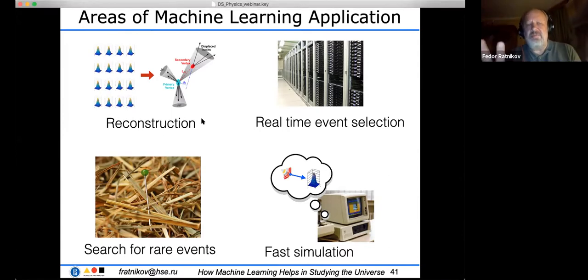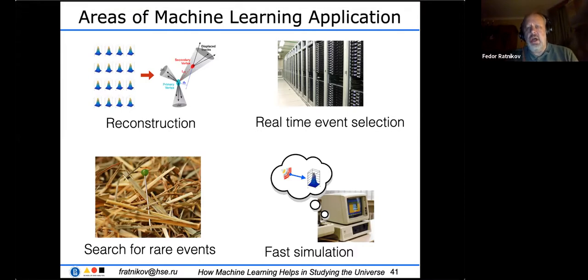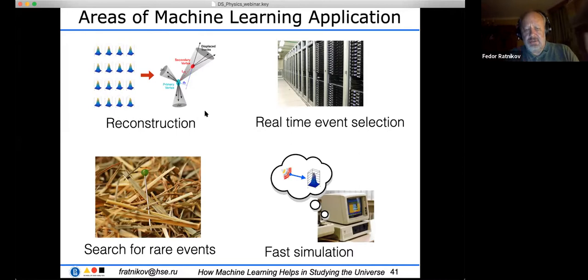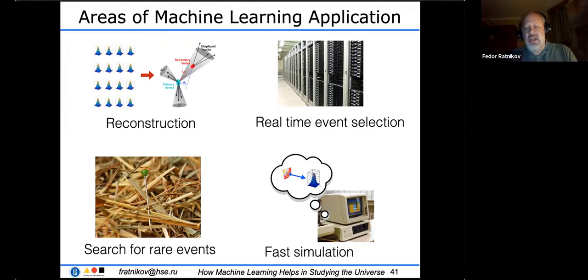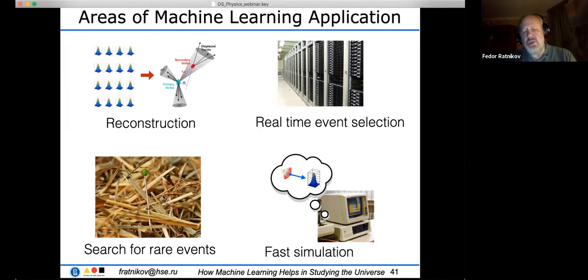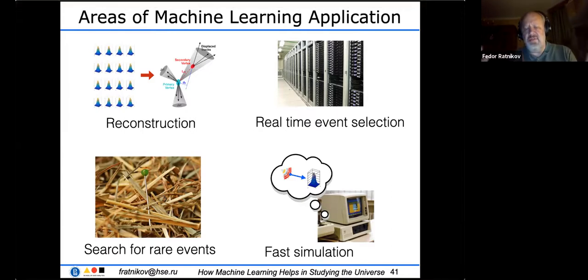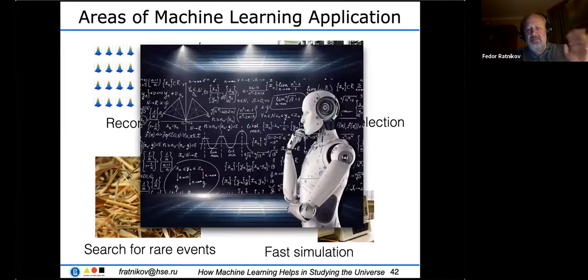So here are just the primary, most important areas of machine learning applications which are used in experimental physics. So, the reconstruction we discussed. Then, I didn't discuss it, but real-time event selection, which is necessary to suppress the data by about four orders of magnitude. Then generation of particles, and also the search for very rare events. Those events which are interesting for us are very rare, about one event per several billion uninteresting events. So it is a very selective system. And this is where artificial intelligence, machine learning, or regression, you may call it how you want,